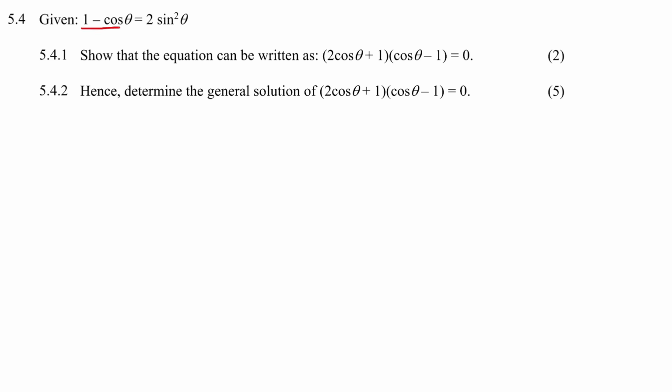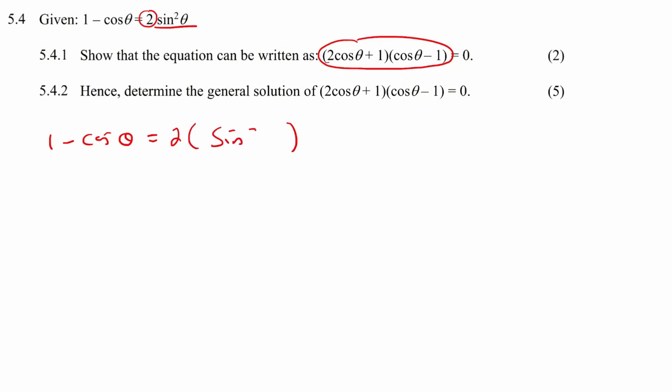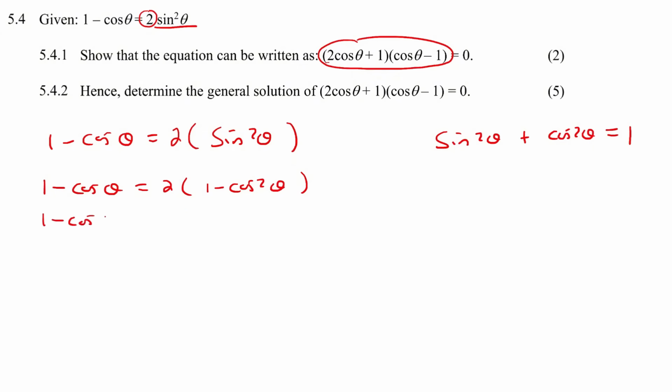Given that 1 minus cos theta is equal to that, show that the equation can be written as this. Okay. So I see that there's a whole bunch of cos. There's no sin. So what I'm going to do, in brackets, now I know that there's a sin squared theta. But I know that sin squared theta plus cos squared theta is 1. So then what I can do is replace sin squared theta with 1 minus cos squared theta. And so I end up with